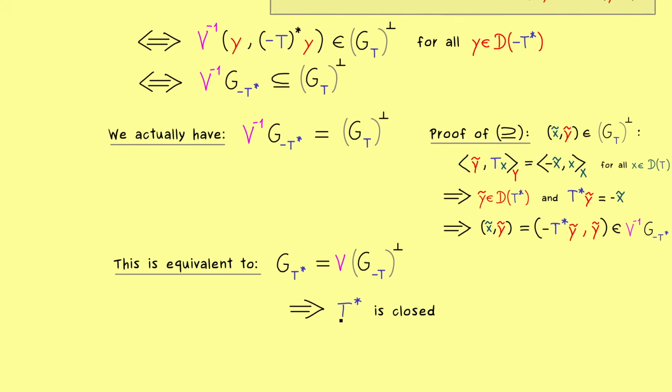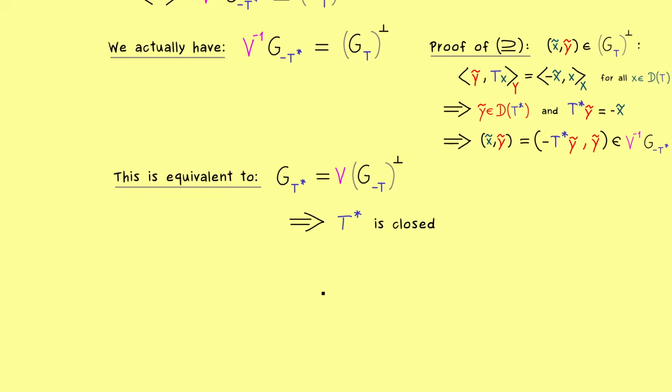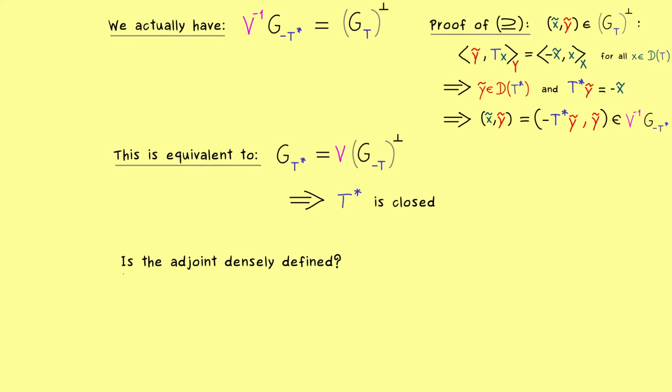And there you see, this claim does not need that t is a closable operator. However, we need it for the second claim, namely that t star is a densely defined operator as well. So the question we want to answer now is: is the adjoint densely defined? So we need to show that the subspace D(t star) lies dense in the Hilbert space Y. So the closure of this set should be equal to Y, but this means that the orthogonal complement is only the 0 vector. So this is what we want to show, so let's take an arbitrary element y from this